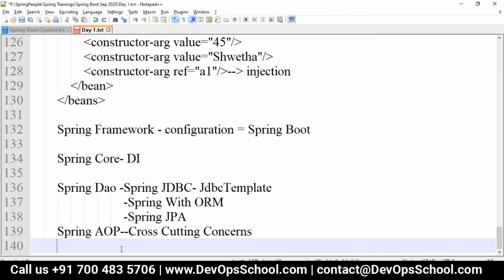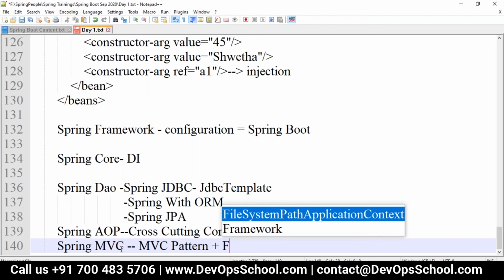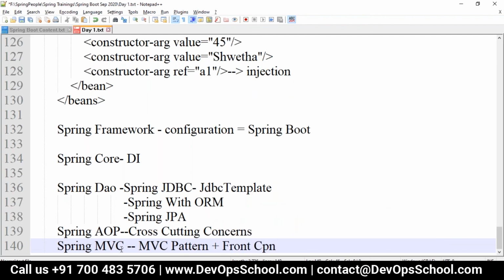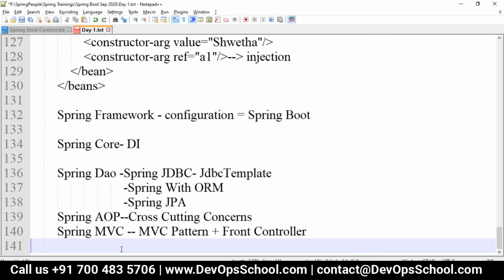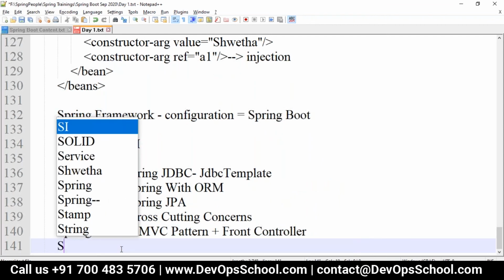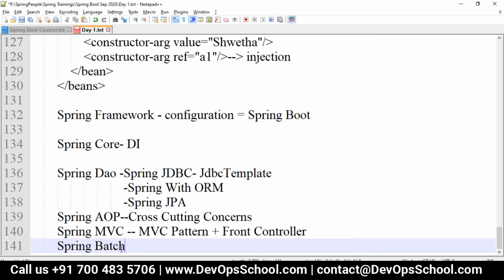And then we have Spring MVC, which is based on the MVC pattern plus front controller. Then we have Spring Batch.